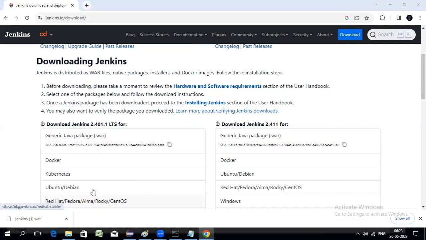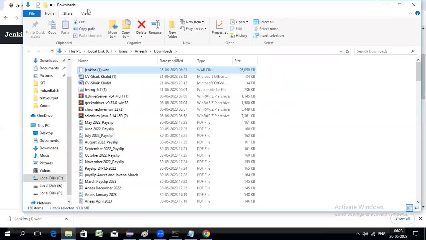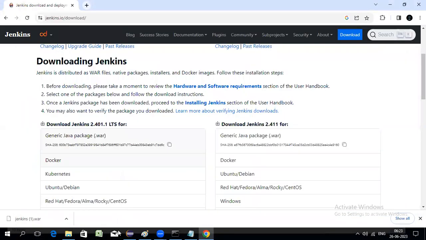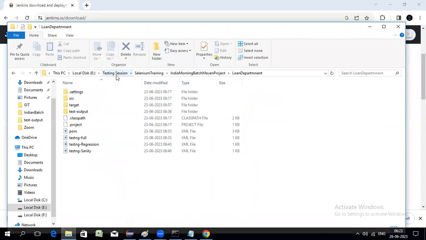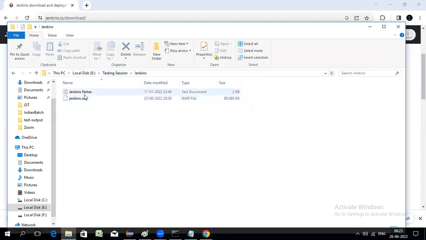You have to just go here, copy that, and then go to one folder. For example, here I'm just going and placing that war file here. Now I want to start